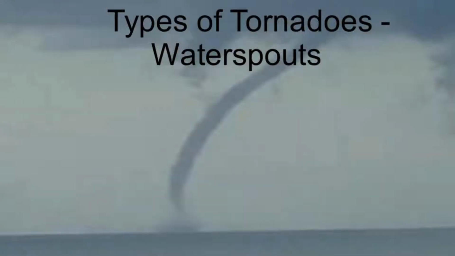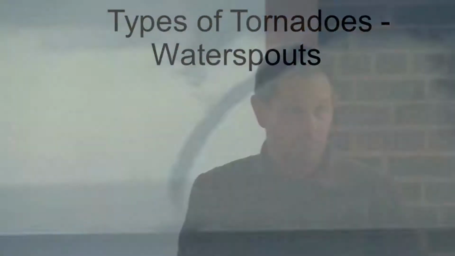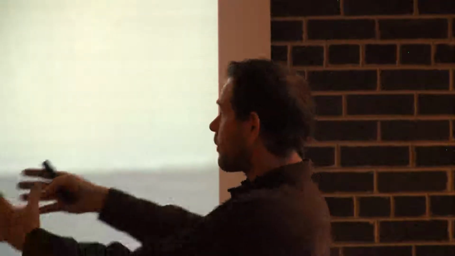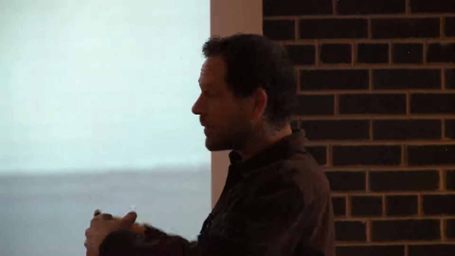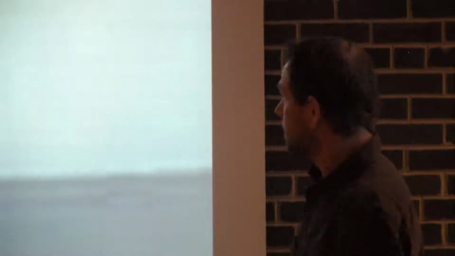We've all heard of water spouts, and everybody says, oh, it's just a tornado over water. Not really. It can be. A tornado can form, it can move over water, and it can become a water spout. It's really just a tornado over water, though. But true water spouts will form differently than a supercell type tornado.